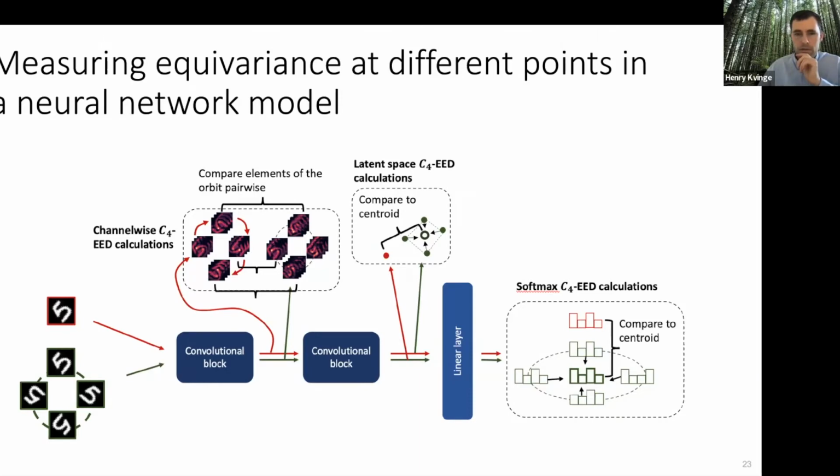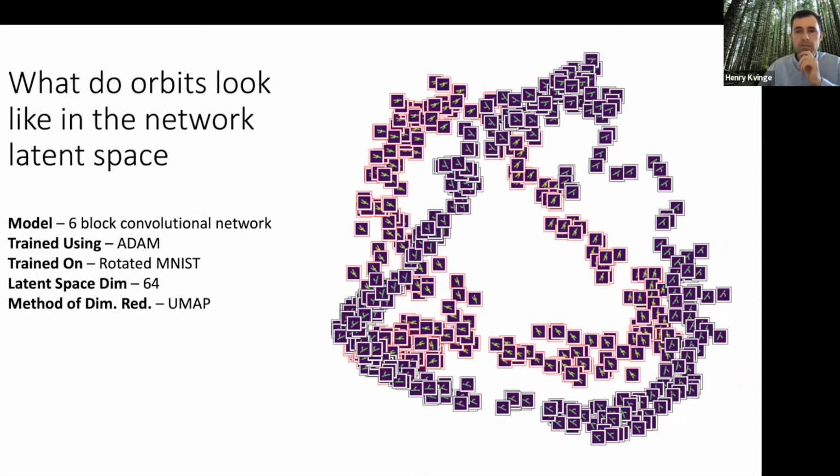So I will say a little bit about that, but first let me show you some nice pictures. Just to validate that you actually are capturing some structure here, you'll notice that when I take a 4 and I start to rotate it around, so these are actually two 4s, one with a red border and one with a blue, I actually do get loops in my latent space, which is my feature extracted space. So these images actually correspond to length 64 vectors. I, of course, had to apply some dimensionality reduction to visualize it, so you've lost a lot of information, but it's a nice picture.